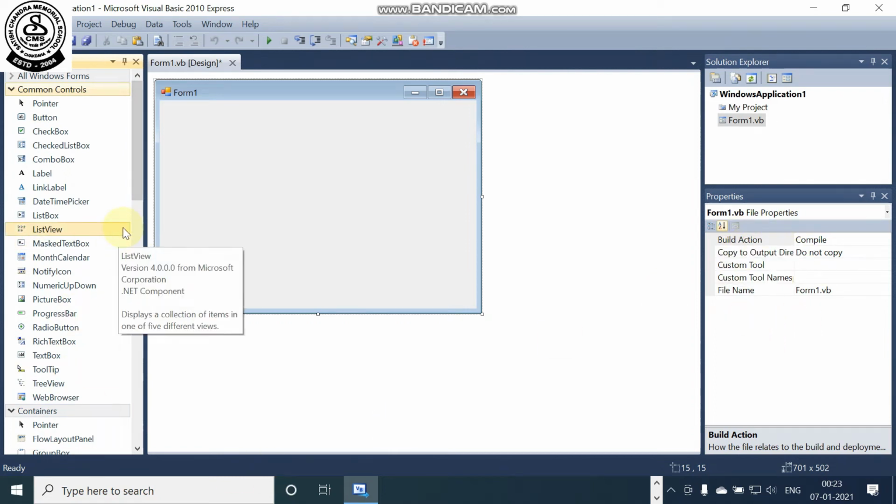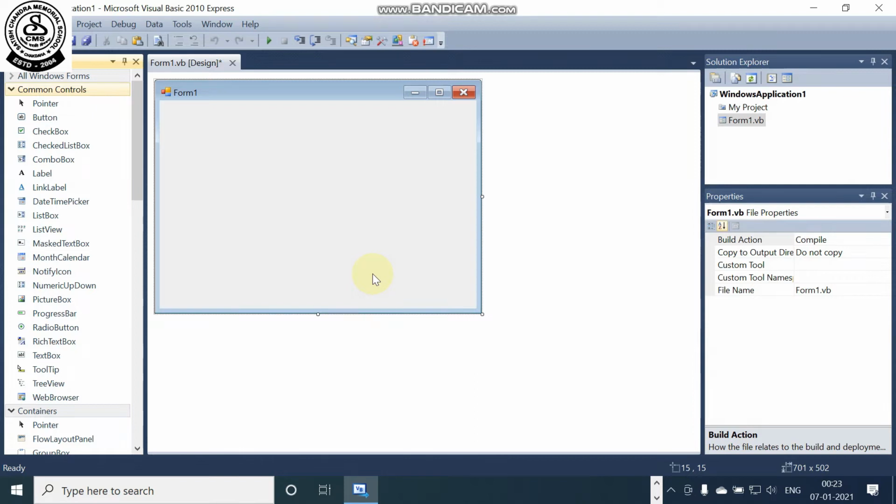So IDE means integrated development environment. It is an environment where we are having multiple parts: the menu bar where file, edit, view, project, debug, etc. are there. At the left hand side, this is the toolbar where many toolboxes are there. In the middle, there is the form window. At the right hand side, there is the project window or project explorer, and beneath this is the property window. Together all these parts are integrated and form one IDE, or integrated development environment.